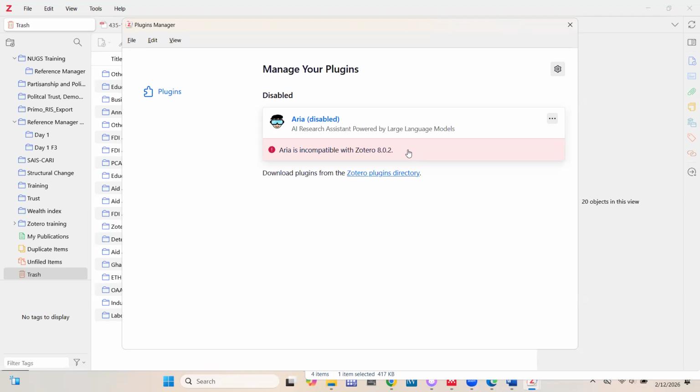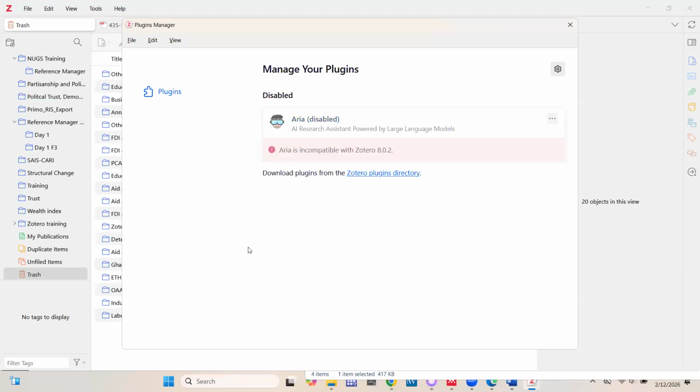For example, you can ask it to give you some similarities and contrasting features between various papers. You can basically communicate with it to give you information about various papers. But unfortunately, the developers have not yet made it compatible with the current Zotero edition. Hopefully in the future, if it's made compatible, maybe if there's an opportunity, I could also provide a training on it.